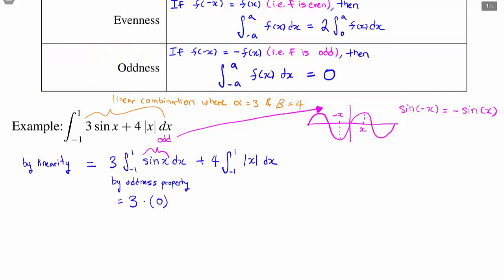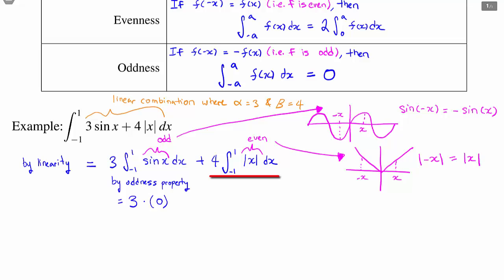So we're going to have 3 times 0. On the other hand, the absolute value of x is clearly even. If you plug minus x into the absolute value, you get the same number as plugging x in. And so this other integral, 4 times the integral from minus 1 to 1 of the absolute value of x, well, that has